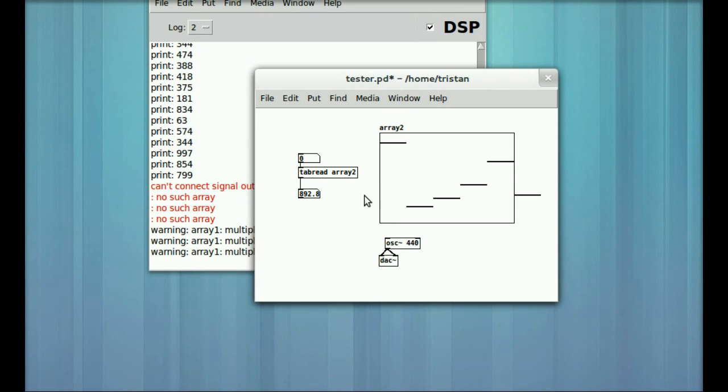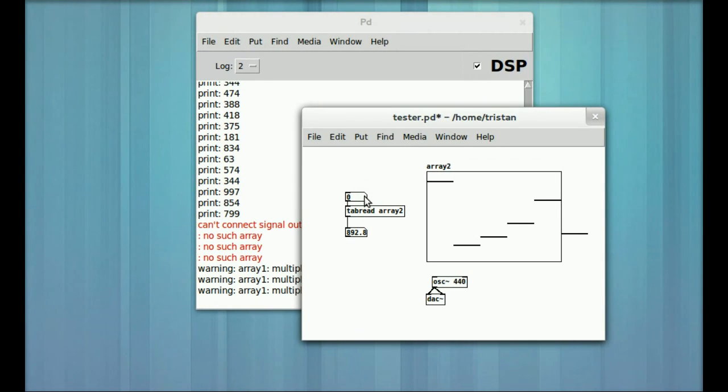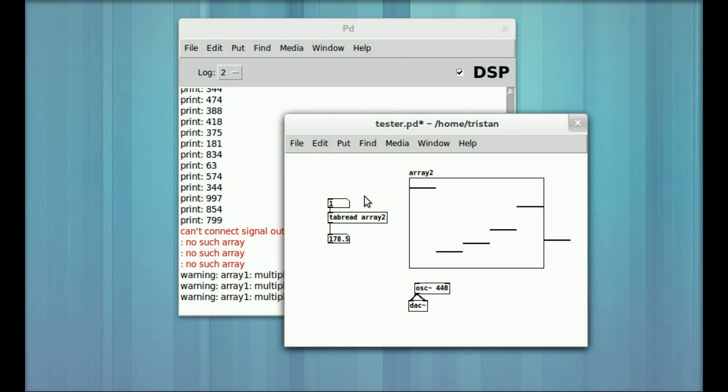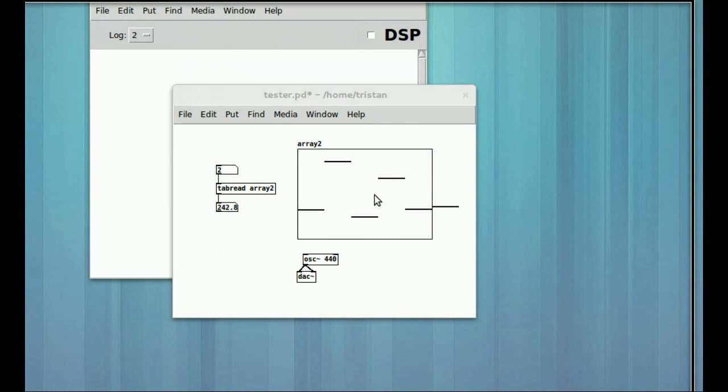Now let's automate this. We want a counter to automatically increment the index input of tab read. Now this is going to get interesting. I'm just going to warn you. Pure Data doesn't have a counter built into it natively. There's no primitive counter object. So for the sake of demonstration, I've come up with a pretty good method of cycling through these elements of the array